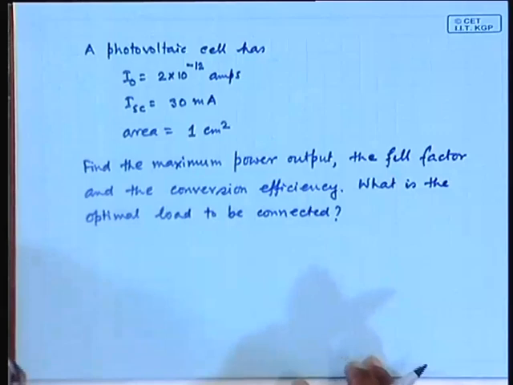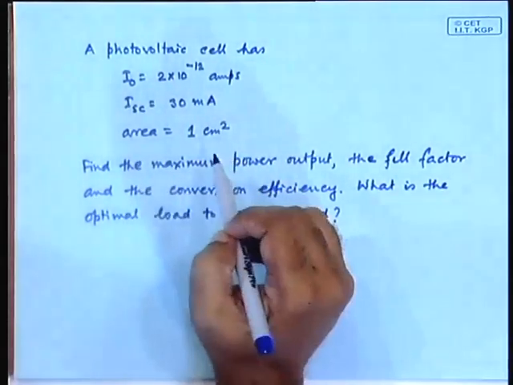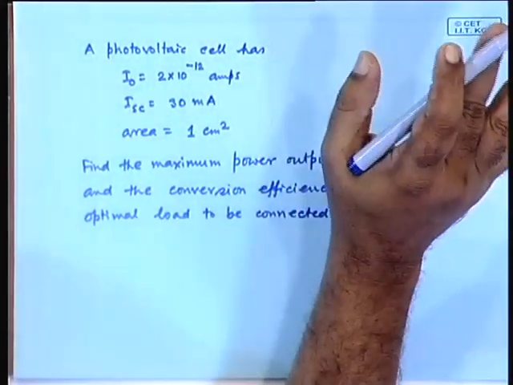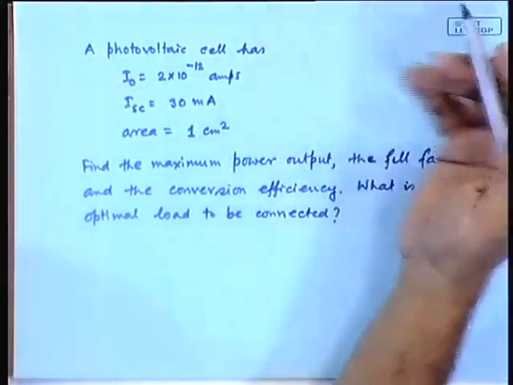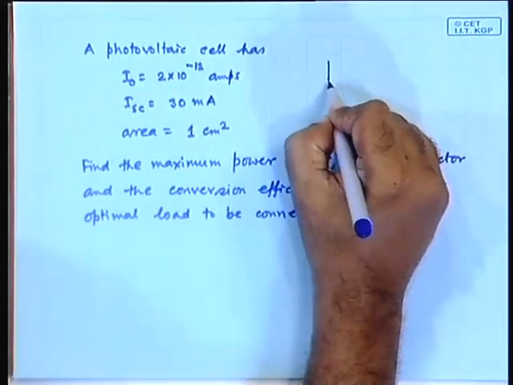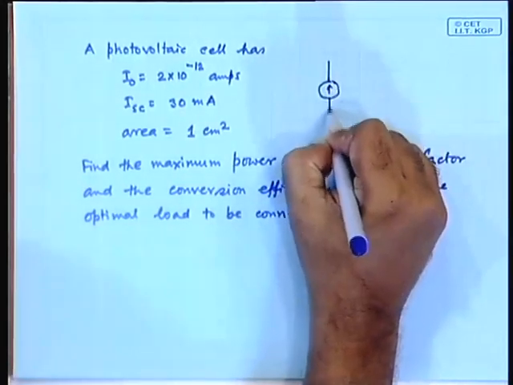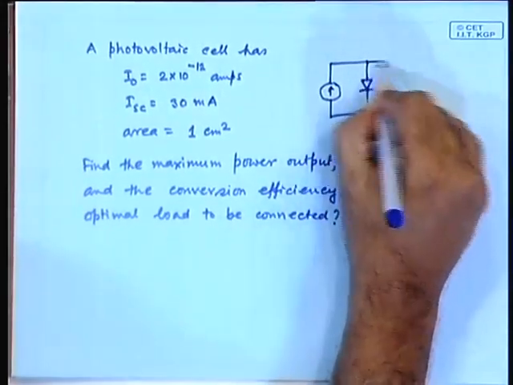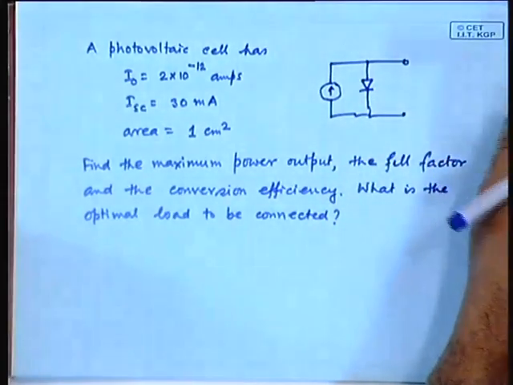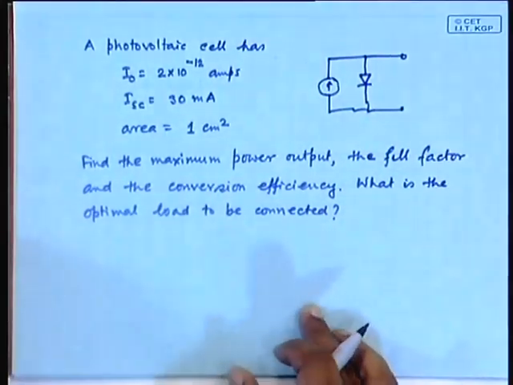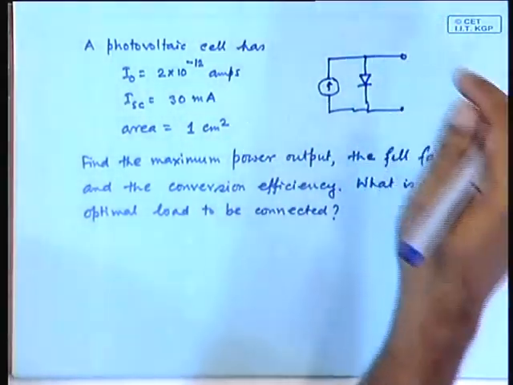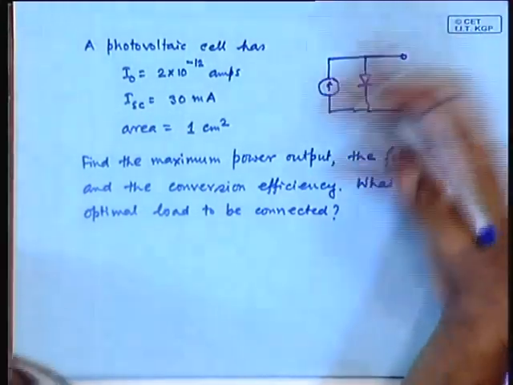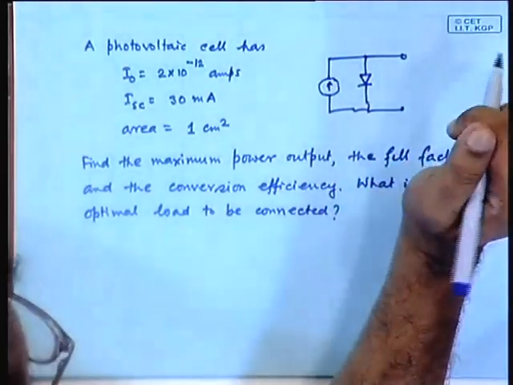now in this case I have not given the RL and RSH. If that is so, you will assume RL to be 0 and RSH to be infinity. So, the photovoltaic cell is just represented as your current source, the diode connected to the load, simple. Then you can do the calculation by hand actually. If you have this, then you need a little bit more complicated calculation, but it is essentially the same. So, how will you proceed?